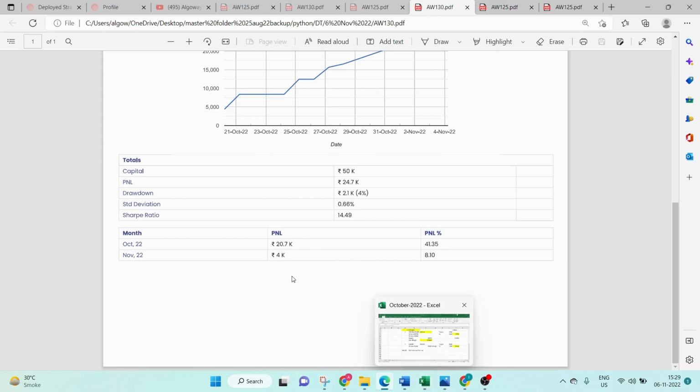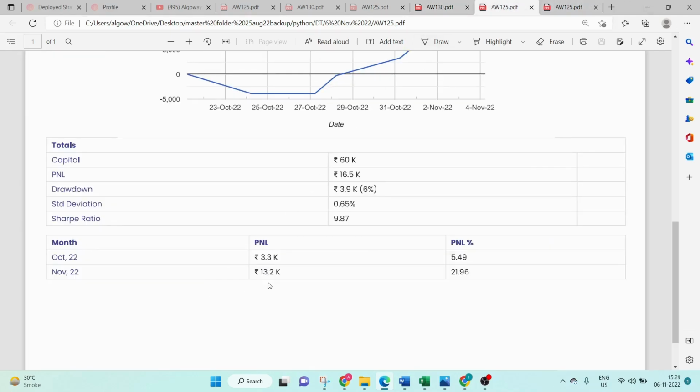One thing I would like to explain here: don't go by the very attractive profit numbers before deploying. It will not always be so. Since the GBP INR strategy has given 13.2k in 4 days, it does not mean it will keep doing so. It will have its phase of drawdown, but if at the end of the month we are able to make, say, some 10-15% of our deployed capital, it is good enough. But since already it is at 21% in November, that does not mean it can go up to 100%. It can go higher from here, but we should not keep the expectation very high as it is seen in the